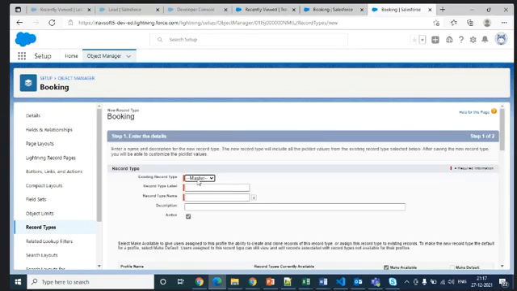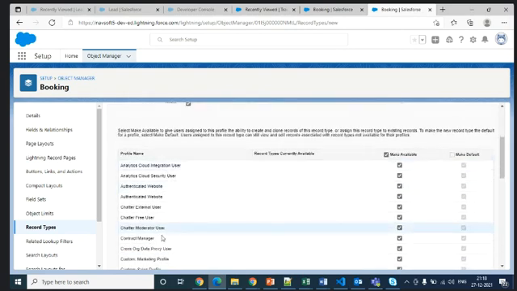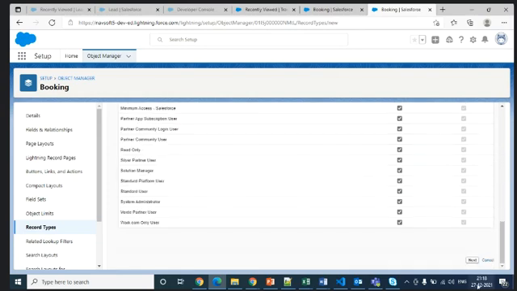It is selected as master by default, in the sense that it's the existing record type acting as a parent record type. Now, what do you want to create? You should create a new record type, so it is registration. It is active, you can keep it. The profiles it should support, you have already checked, and make it visible for everyone. Click next.